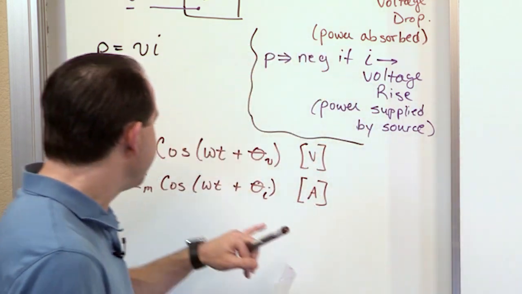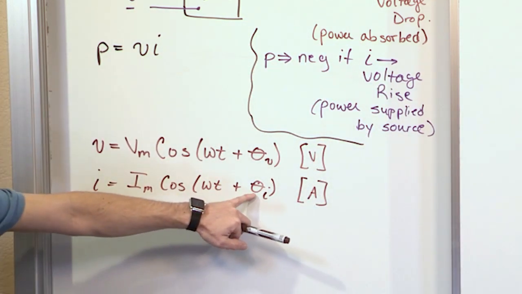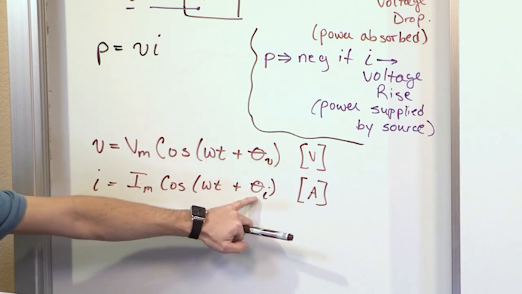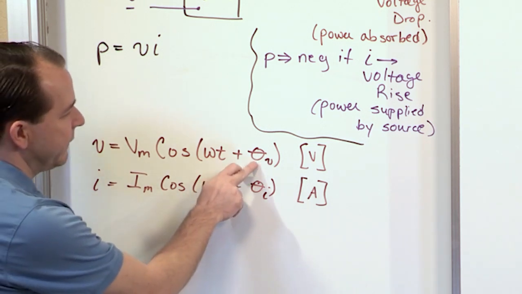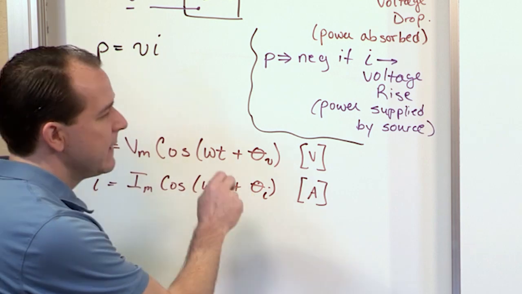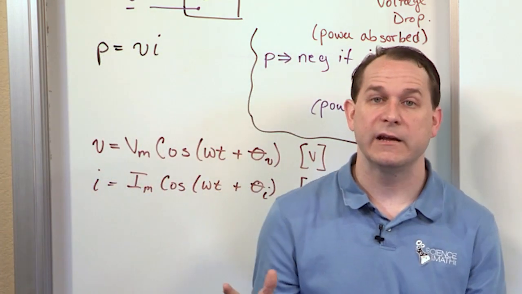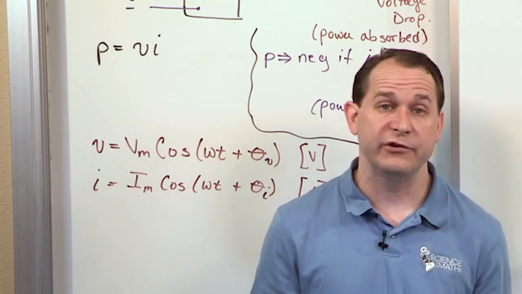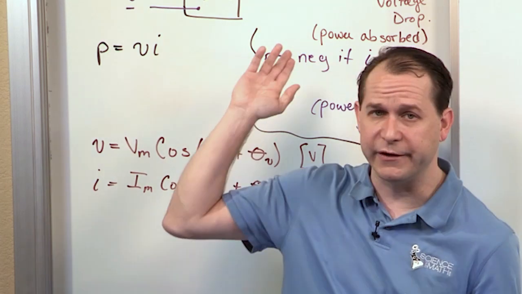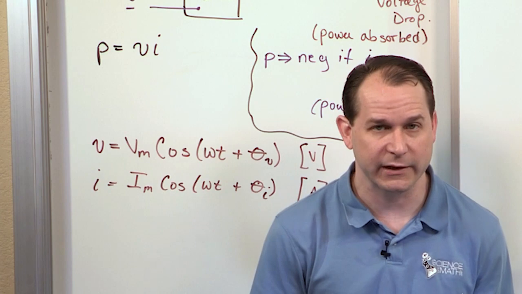Now the current can have, and usually does have, a different phase angle than the voltage, and that's why we have the subscripts here. All right, so we need to have some kind of a reference though, because we have arbitrary phase here, a voltage phase and a current phase. Now this is just taken, you'll see it in your book, it's not something we're going to derive, it's just a convention, just like we have the sign convention here, we have a convention in power calculations, that